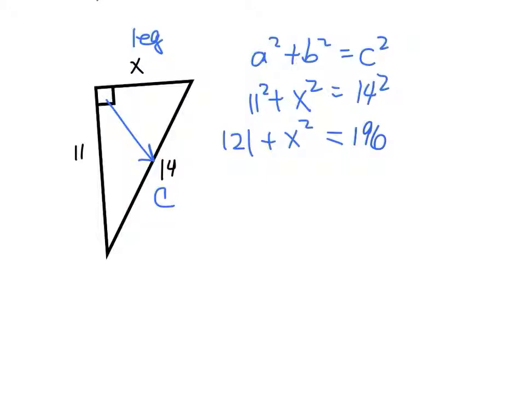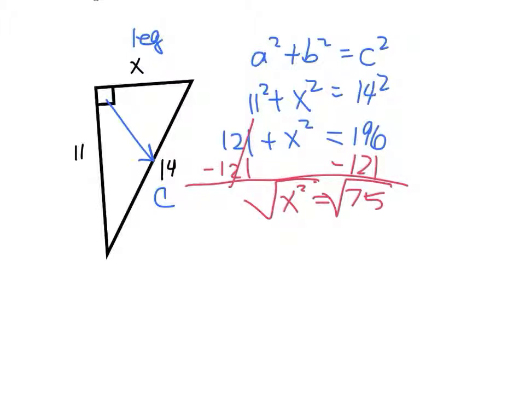So solving this problem, now we have to solve for the x squared. So we have to undo the plus 121. So minus 121 to this side, minus 121 to the other side. And we'll get x squared is equal to 75. So now square rooting both sides,